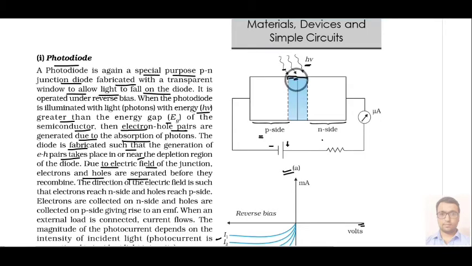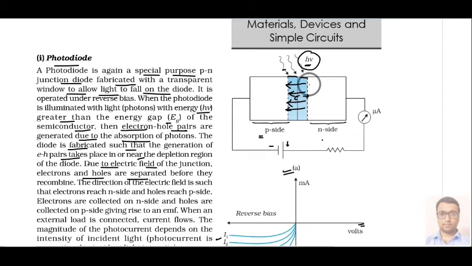You can understand it like the photoelectric effect. Here also some electrons are generated, like in the photoelectric effect, due to absorption of this light, and some hole pairs will also be generated. If an electron leaves its place, then at that point a cavity will be created, that is a hole. So due to the electric field which is already present here due to the barrier potential, your electron will reach